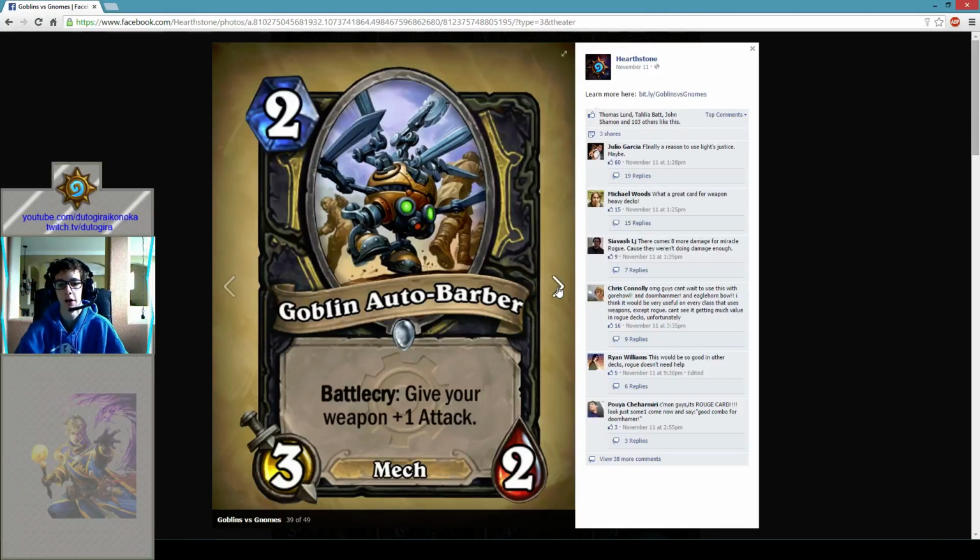Next up, Goblin Auto Barber, a 2-mana 3/2 with a battle cry of give your weapon +1 attack. It is a rogue-only card. Still good stats for a 2-mana card. And buffing a rogue's weapon. Coin into weapon is now scary because someone could drop an Auto Barber and have 5 damage on turn 2 on the board. Of course, he can't swing with the 3/2, I'm aware of that, but...